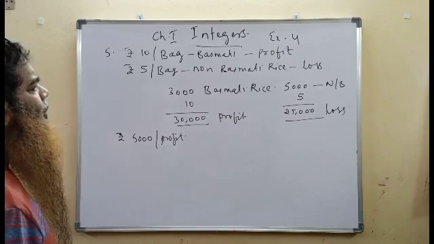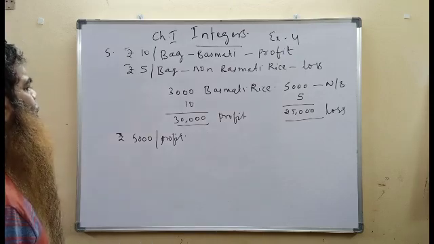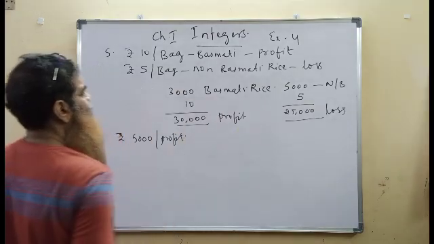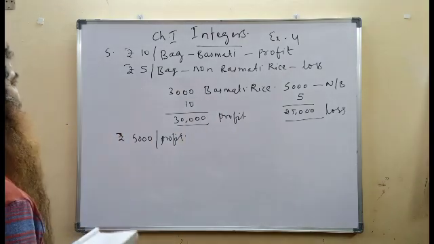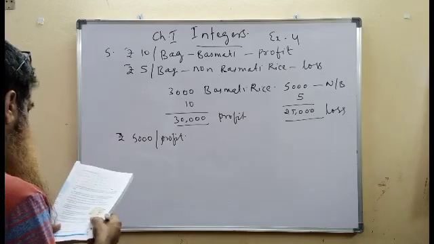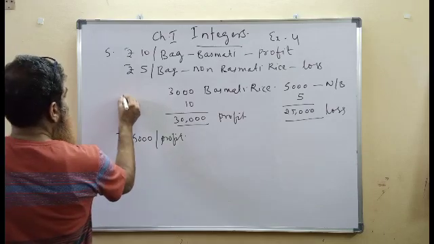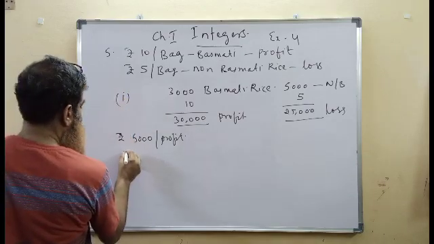So ultimately his profit is more than his loss. 30,000 is more than 25,000. It is 5,000 more than 25,000. 30,000 minus 25,000 is 5,000. Profit minus loss, he has got more profit, that is he has got 5,000 as profit. He did not incur any losses. That was the first bit in fifth question.